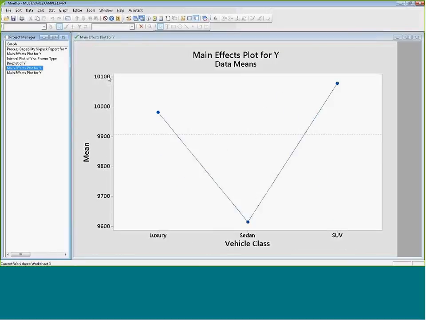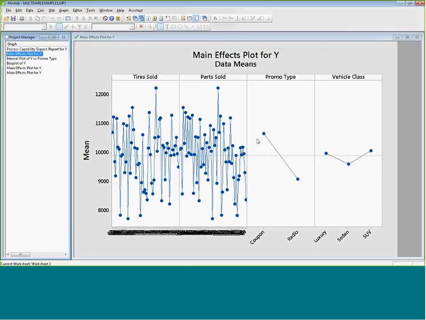It's going to take the scale of your high point and your lowest point and spread it out across the graph, right? So why I felt like on the main effects plot it was significant is because I had this range over here, up to $12,000 down to $8,000. The slope is still pretty strong with promo type. With vehicles, it's not as much. If I did these individually,